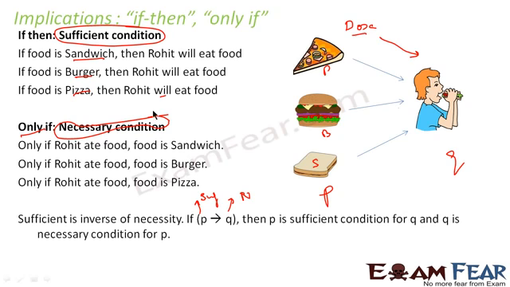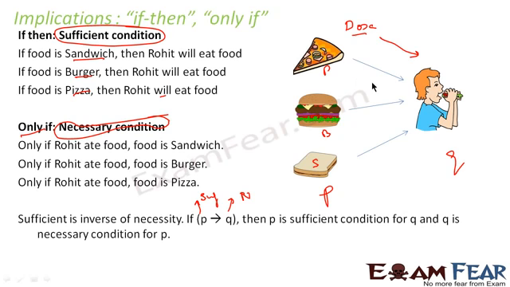In case of if and then, it is a sufficient condition, not a necessary condition. So if you want Rohit to eat food, you can either give him a sandwich, burger or pizza. So sandwich, pizza and burger are all sufficient conditions, they are not necessary conditions. But Rohit ate food, that is a necessary condition, because if you want to find if